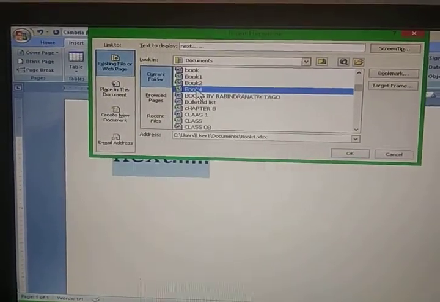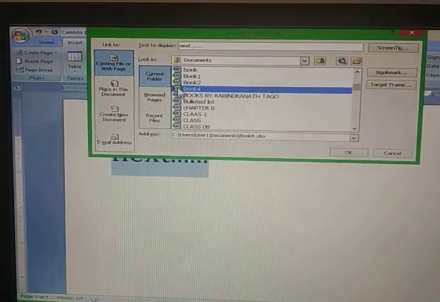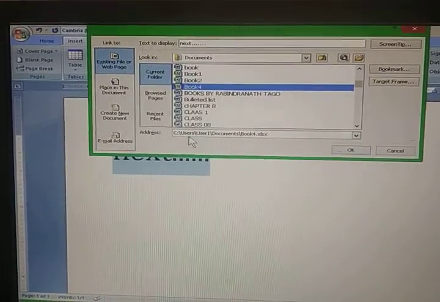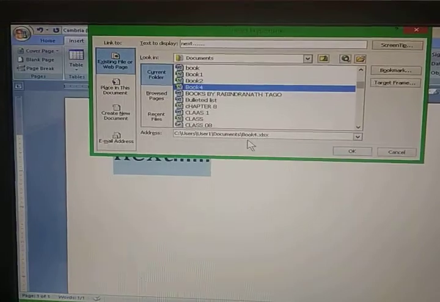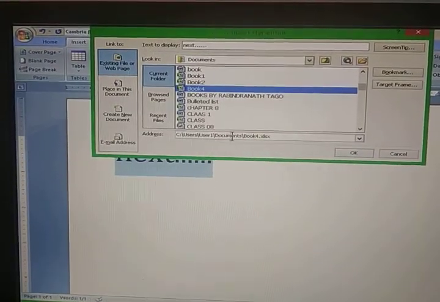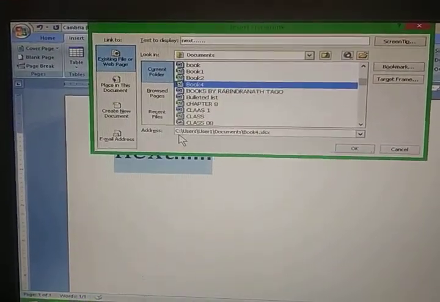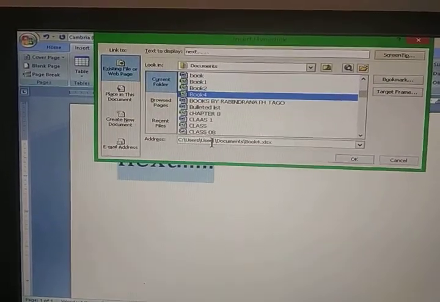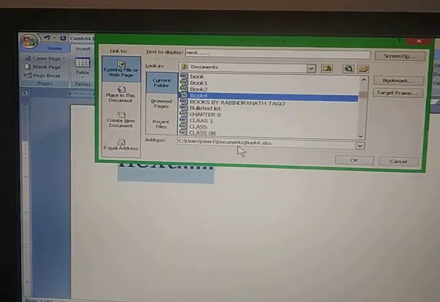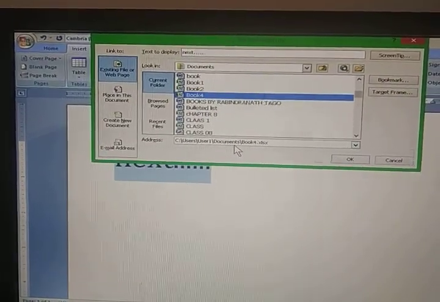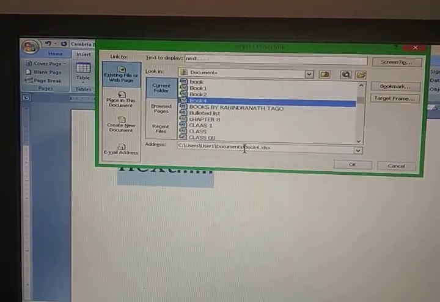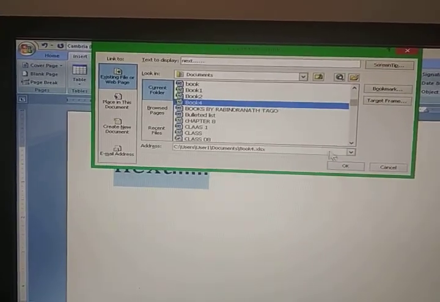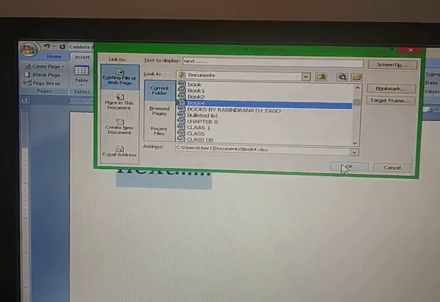First of all, let's select it, and when you select it, the address of the file is located here, right? So this is Book 4, and the address of this file is contained in the C directory, and in the C directory this is the user. In the user you will find the documents folder, and in the documents folder you will find this file, right? So now you will click on OK button.